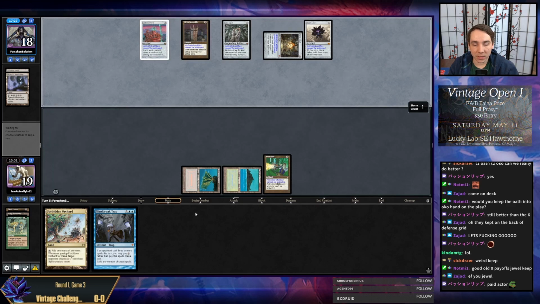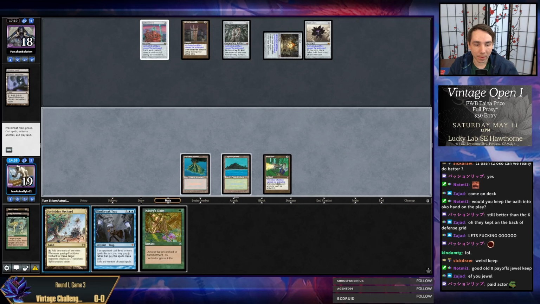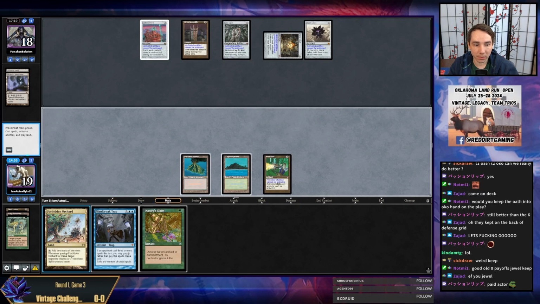I mean, I need to draw a piece of action as well. They could still draw Academy at any point here, and I'll probably lose, so we gotta be a little careful. I mean, we don't have a choice, but...